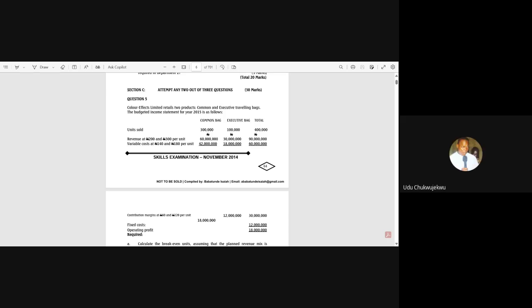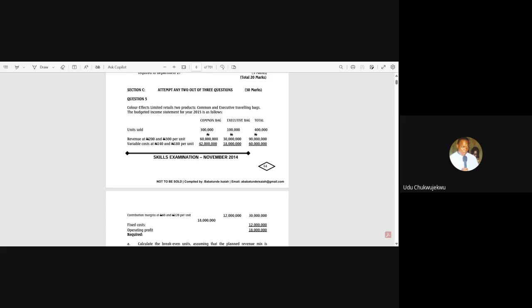No, I was thinking that she was getting it. That contribution margin, is it not the actual listing? Because the units sold have been given, revenue, and the variable cost has been deducted from the revenue to get 18 million for common bag, 12 million for executive, and 30 million for total. I thought the contribution had been calculated. And you told us that we can have total contribution, so you can have total fixed cost and total revenue. So we use that